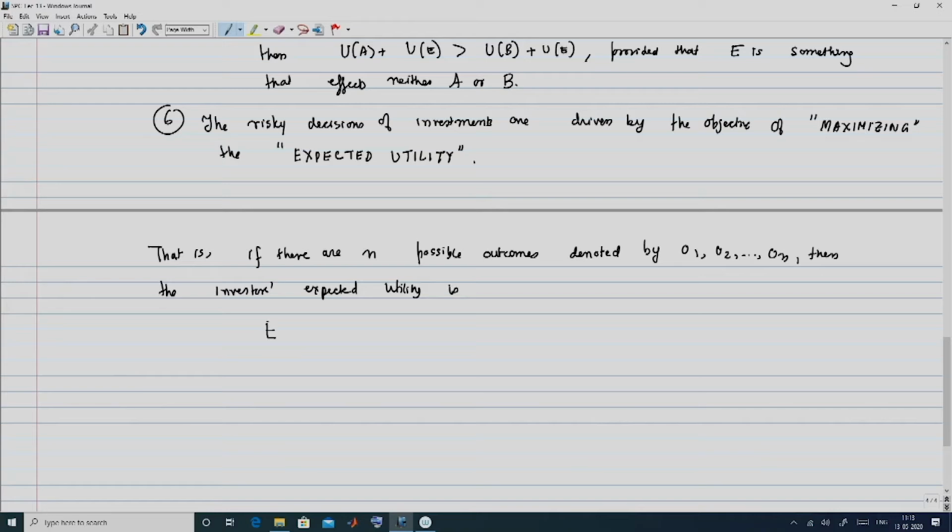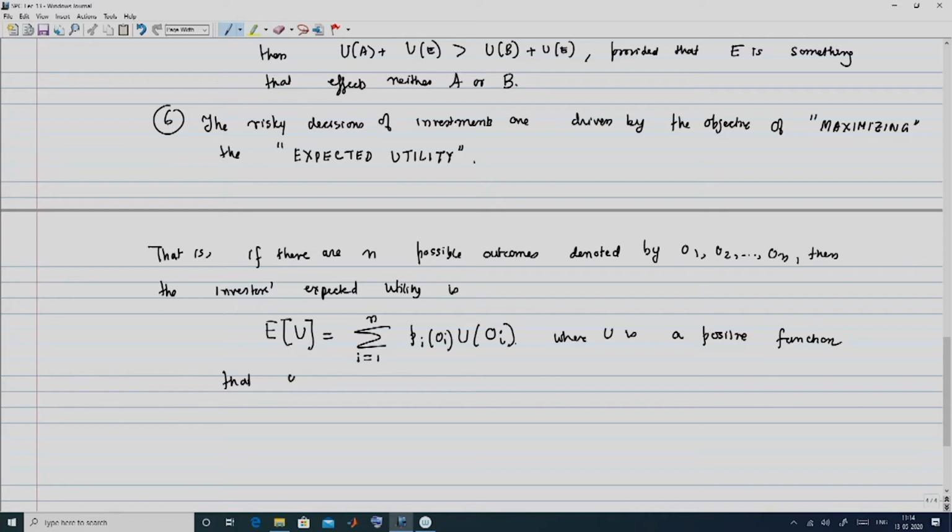It is going to be given by E of u, the expected utility. It is going to be given by the utility of the ith outcome multiplied by the probability pi of oi of the ith outcome, and I sum this over all possible outcomes, namely i equal to 1 to n, where u is a positive function